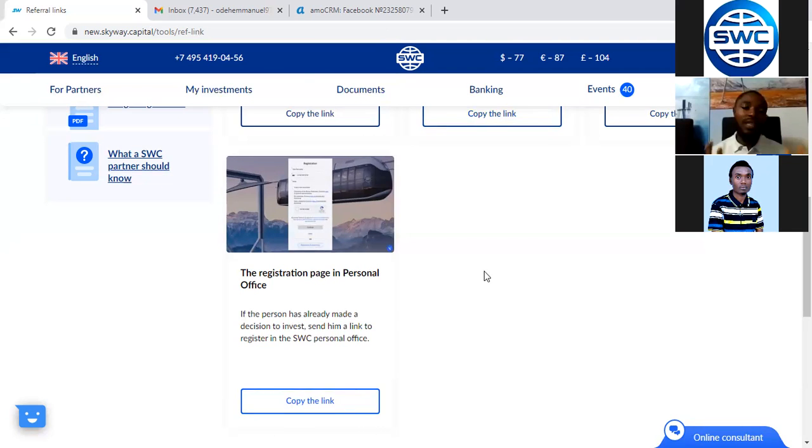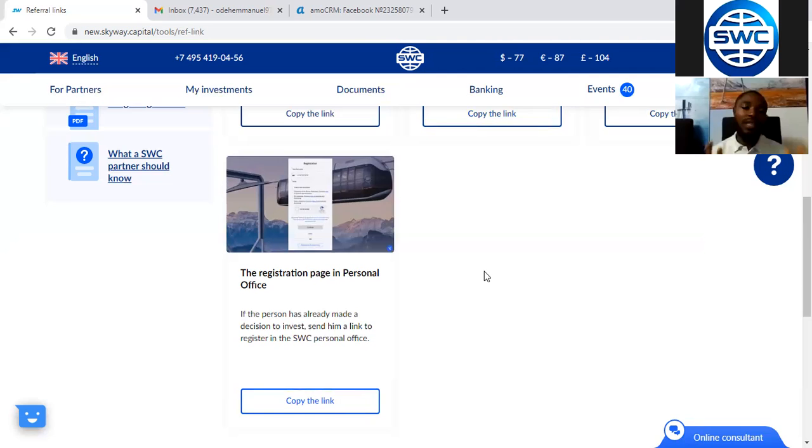Most prospects would have issues clicking on the link. What most of us do is click on the link twice and send it to our prospect, and at the end of the day, they end up not seeing the link. So mind you, it's very easy to send to your prospect, but you should be careful not to click it and send it, so they can follow up with the registration. This is for credibility and quality assurance, so that you don't make a mistake.